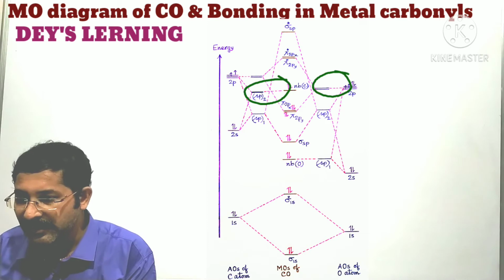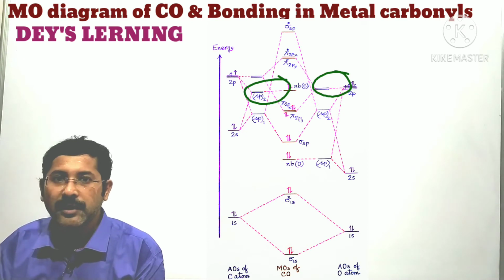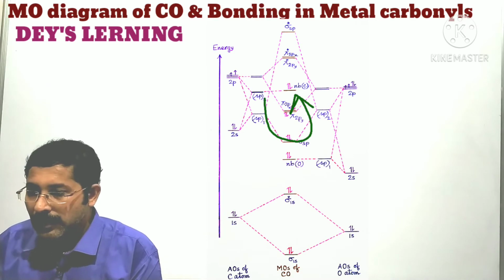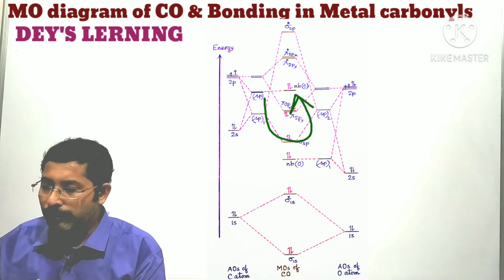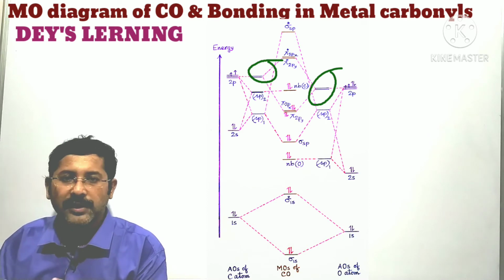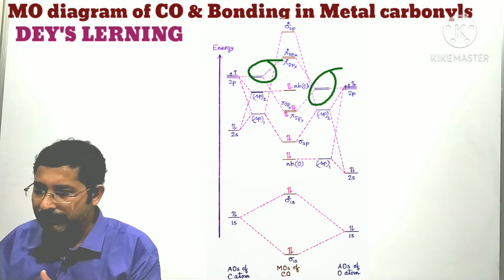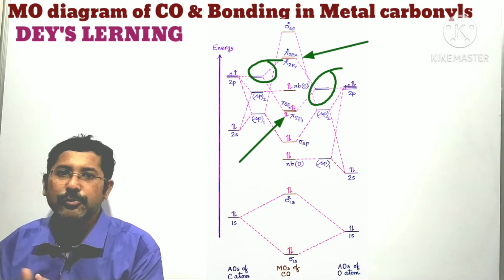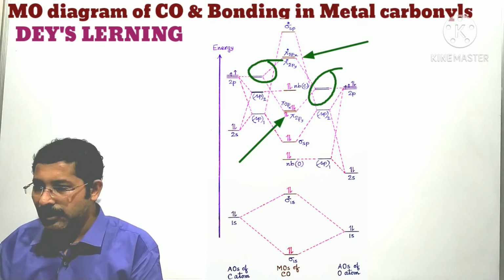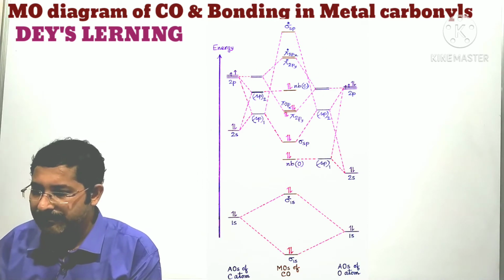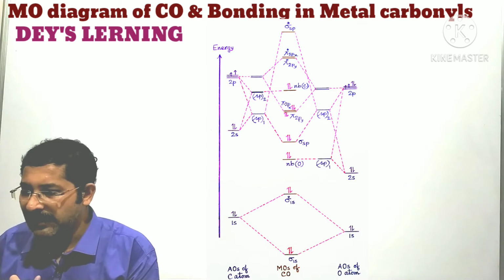So this sp2 hybridized orbital of carbon is present as the non-bonding orbital of carbon, and the two p orbitals of carbon and two p orbitals of oxygen combine together to form pi 2px, pi 2py and pi star 2px, pi star 2py orbitals. So this is the complete MO diagram of carbon monoxide, and this